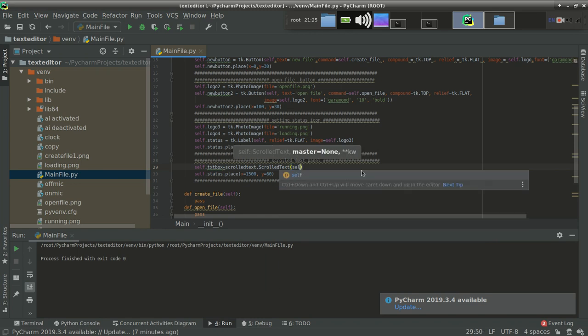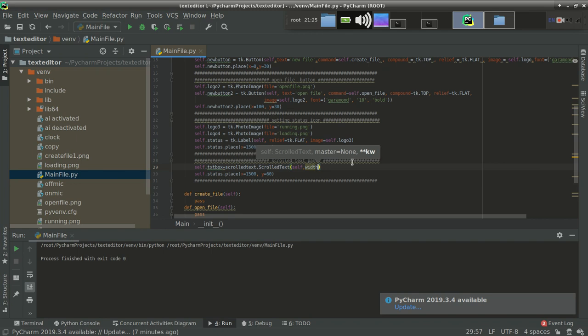Again, I want that on my master window, that's why I use self. One more thing, we want to specify its width. You can change the width and height of the text area according to your need, but I'm comfortable with this one, 30.